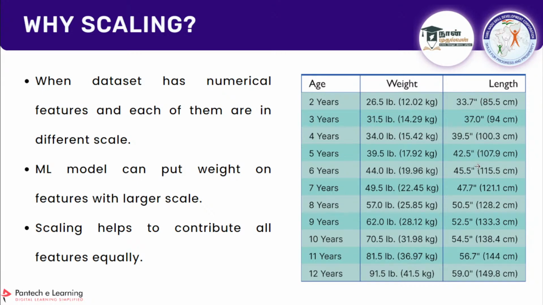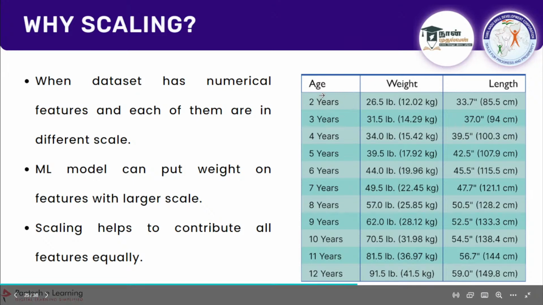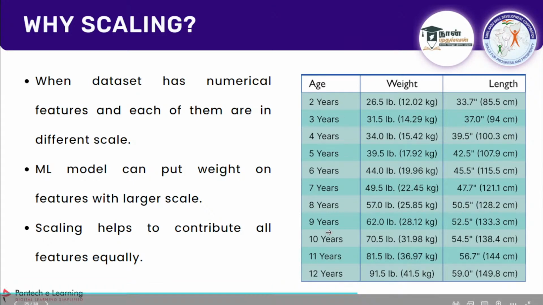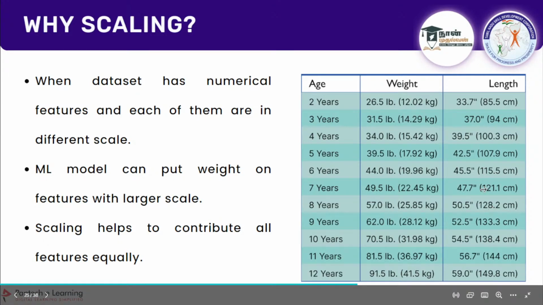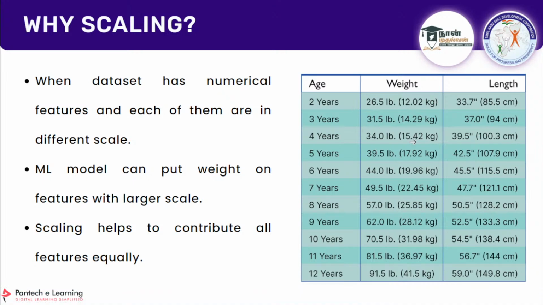or inches, for example. So all these features are measured in different scale. But when you have it in a data set, you will be having only the numerical value. So this age will be in like 2, 3, 4, 5, 6 in that range, and this is going to be in this order 12, 14 or like till 100, and the length will go above 100 also, right? In centimeter it will go till 170, 180 normally. So all these things are in different scale, but these are numerical values.